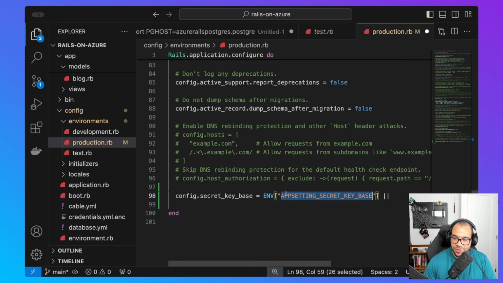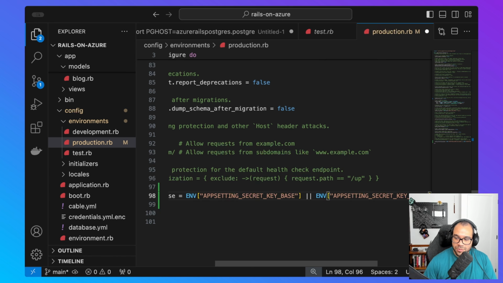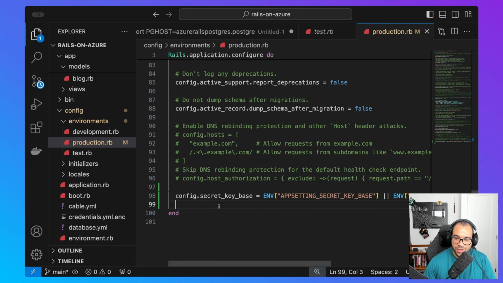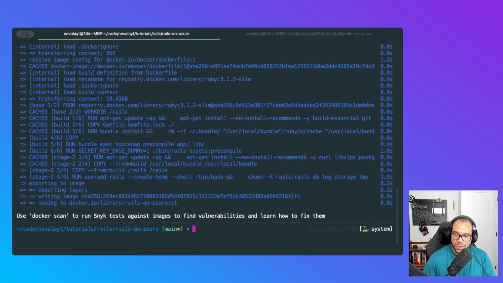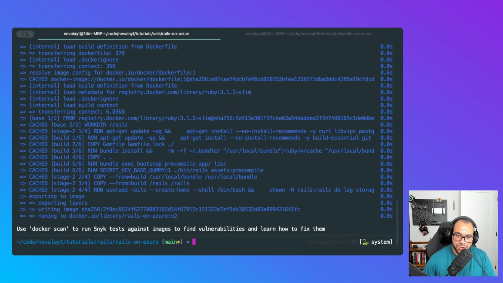Just for failsafe too, in case you're not only planning to deploy this to Azure and want to test something out, we'll default back down to that normal environment variable. Once we have that, let's head back to our terminal. First let's tag. Actually, let's build this as a separate version. I kind of messed that up already, but we'll build this as a second version. Since we did make this change to production.rb for the secret key base, let's build it with a new